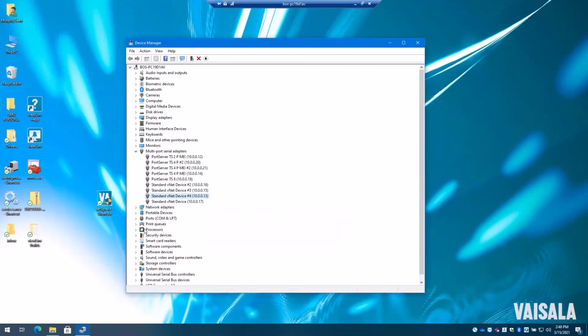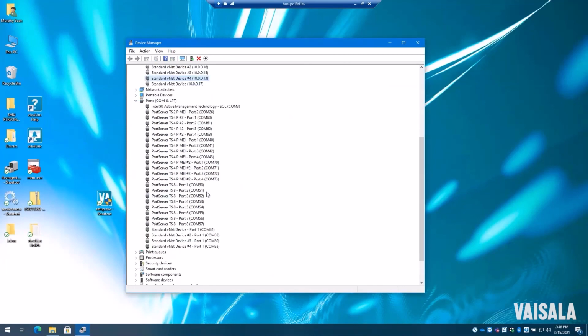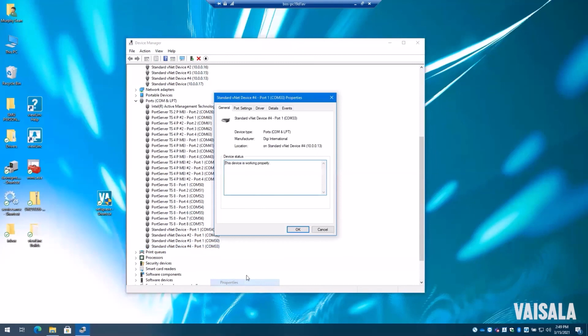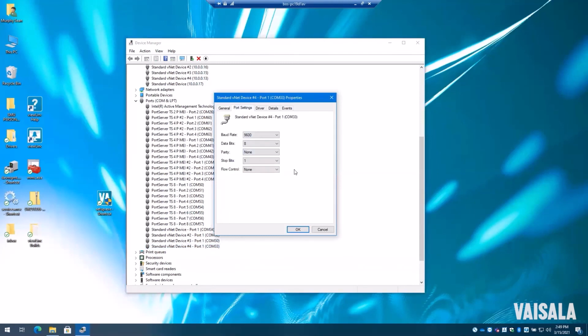The next section to look at is COM ports. So each one of these is the actual serial port that's used to communicate with it. And you can see down here in the bottom, the last one is the last device that we installed, which is the COM33 for the data logger device. And this will tell me what the default COM port settings are on this.